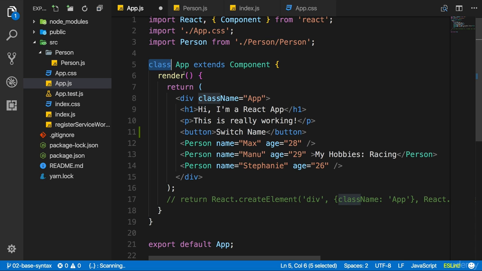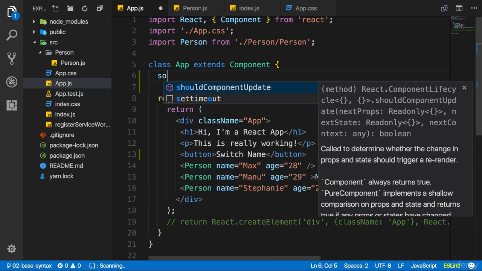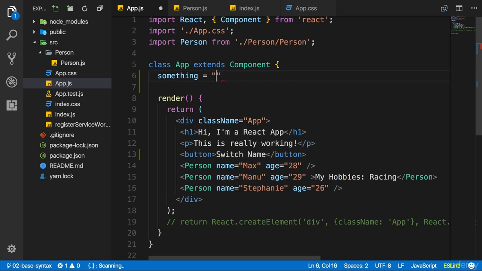Well, this actually is a class, and a class has properties. This is not just the case in JavaScript, but in other programming languages too. You can kind of think of a property as a variable of a class. So in normal JavaScript code, you would simply write var something equals some value. This doesn't work in a class. There, you can simply write something equals some value. So a bit shorter, but in the end, the same you could say.